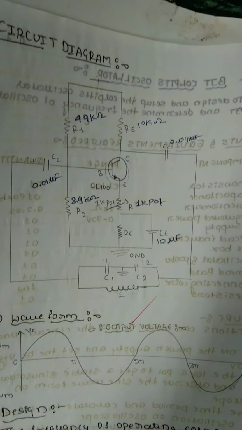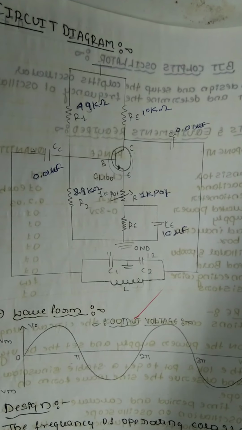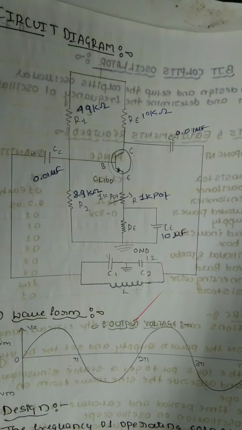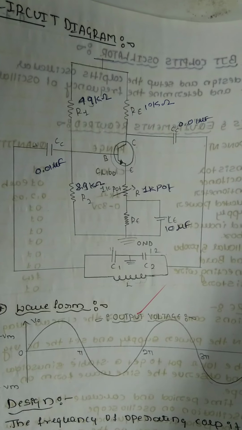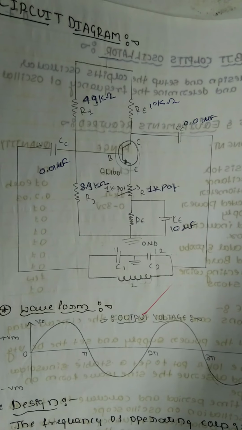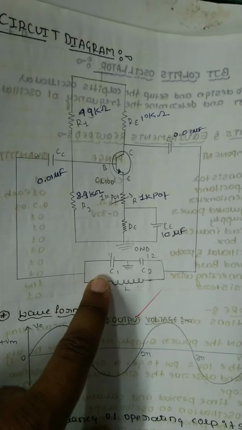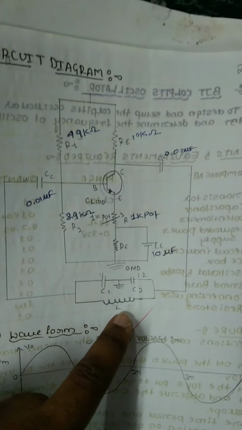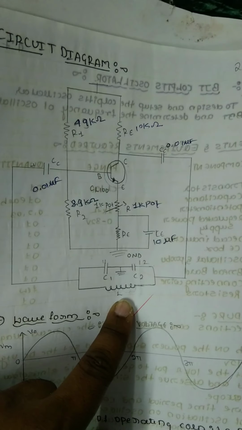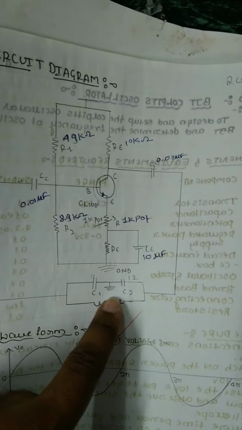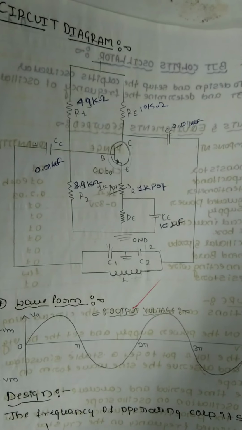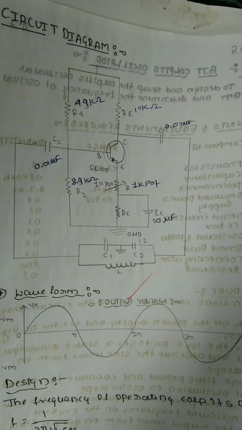So this is the circuit diagram over here. We are making use of an NPN transistor, that is SL100 or CL100, and we are using a voltage divider bias circuit. R1 and R2 make the voltage divider resistance, and the special thing over here is the tank circuit. In this tank circuit we are making use of two capacitors, C1 and C2, and one inductance, L. Because of these two capacitors connected in series, we call this the Colpitts oscillator. Fine. So let us see its actual circuit.